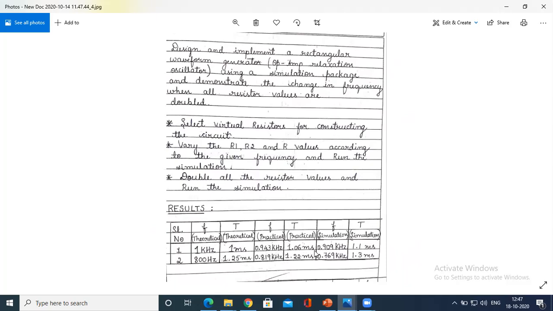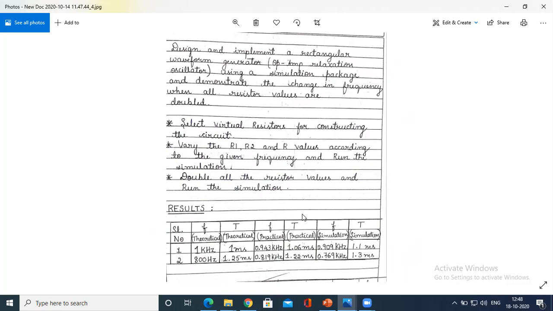Practically, this is calculated using CRO values. Remember, we are not calculating this in the simulation, whereas in the simulation we should get 0.909 kilohertz and nearby 1.1 millisecond. So we're just matching. This 1.1 matches the theoretical, yes, nearby, and 0.909 kilohertz matches the theoretical frequency. Even in the practical we will be matching it.